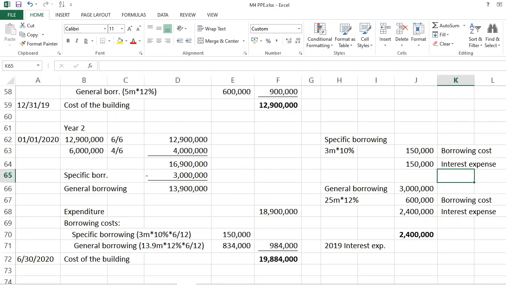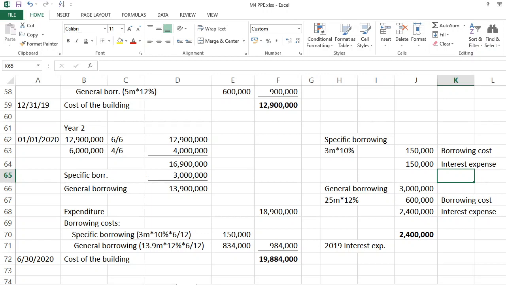So, nung 2020, ang pera ni bank na ginamit natin, nagamit lang pala natin siya for 6 months. So, hanggang completion lang ng building. Alam nga naman sabihin mo kay bank, hanggang June 30 lang ang interest ko ha, kasi napatayo ko na yung building. Sasabihin ng bank, wala akong problema, basta bayaran mo din ako ng June 30, edi wala ka ng interest. Pero, most probably, hindi mo siya mababayaran. Kakagawa mo pa nga lang ng building, di ba? So, most probably, mababayaran mo siya for the next few years pa. So, sasabihin ni bank, wala akong pakialam, basta magbayad ka lang ng interest, bayaran mo din yung principal.